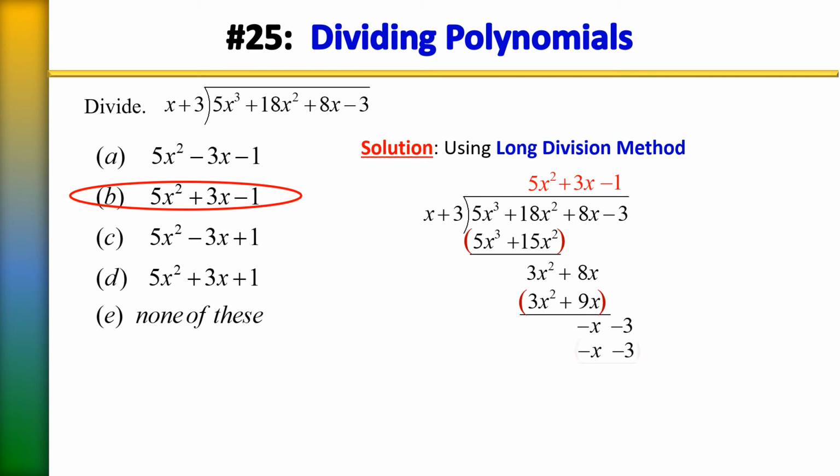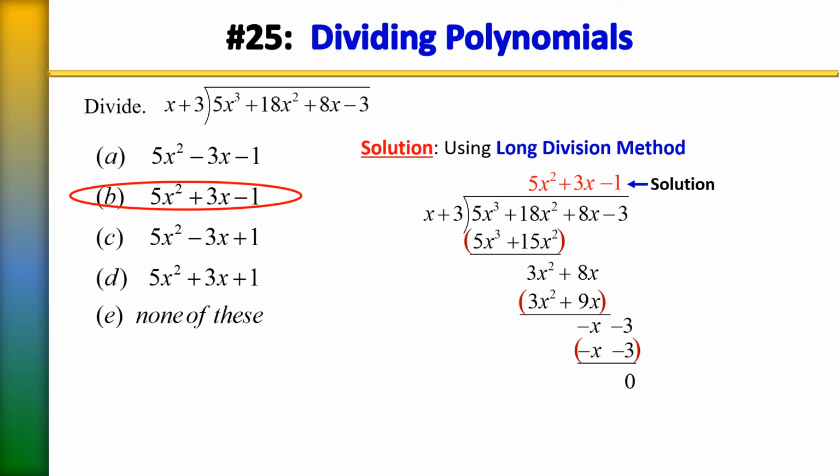Next, I'm going to draw a line and subtract. So keep in mind, these will become their opposites. They both will become positive, and as a result, they will cancel out. The x's will cancel out as well as the 3's, leaving you with a remainder of 0. So the answer is 5x squared